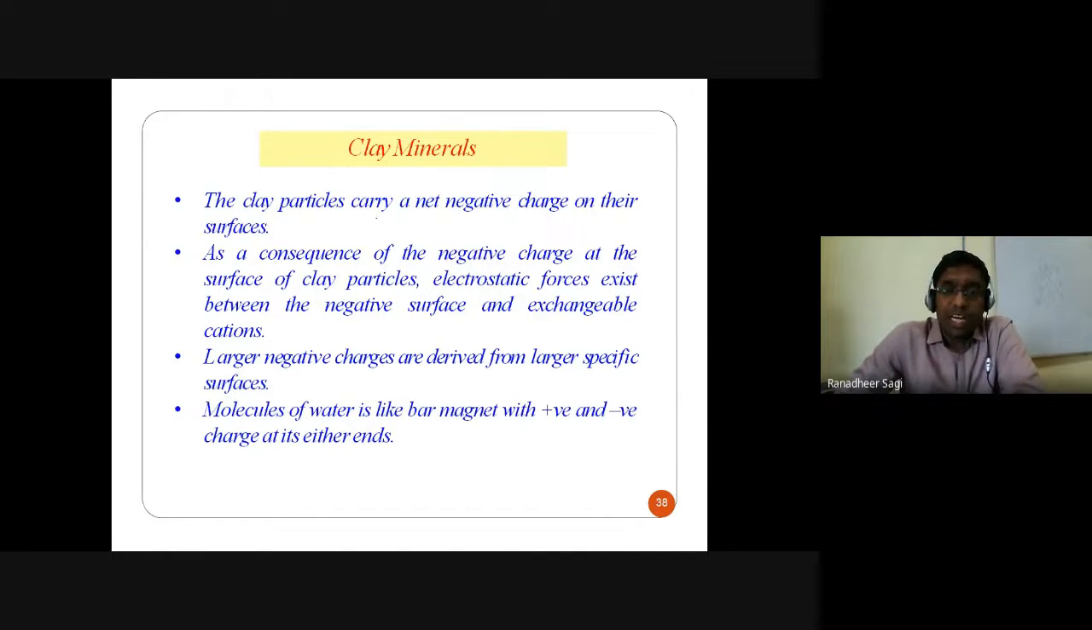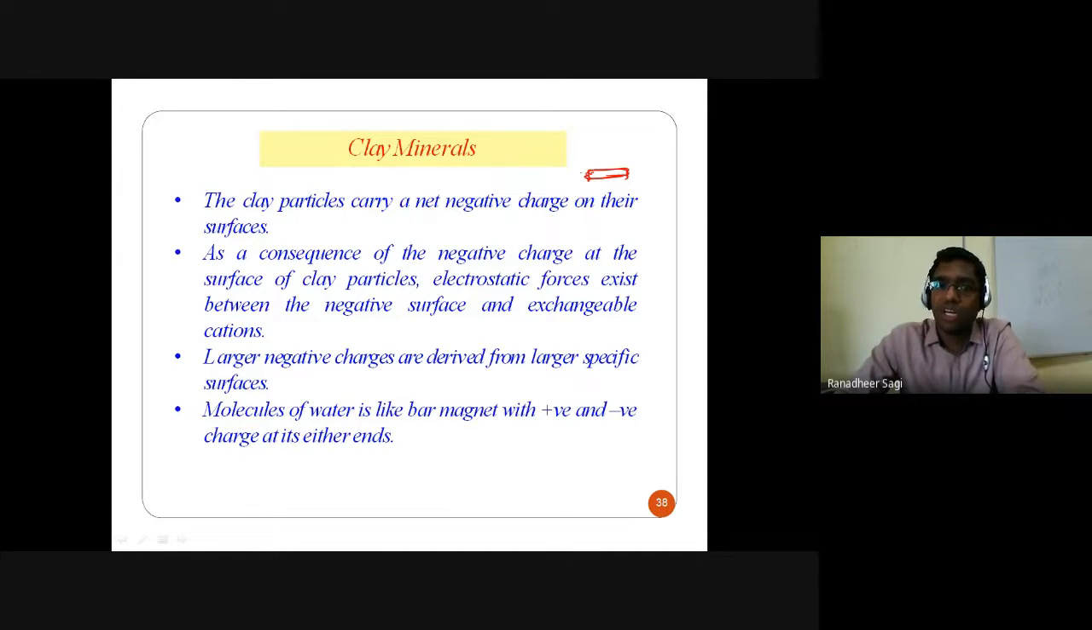The clay particle generally carries what is called a net negative charge on its surfaces. I repeat, whenever you are talking about your clay particle, let's say for example, this is my clay particle. So this top and bottom is what we call the surface of that clay particle. If this is my clay particle, this is the top surface and the bottom surface of your clay particle. So the surface on either side of this clay particle is generally what is called negatively charged, and the edges of the clay particle,